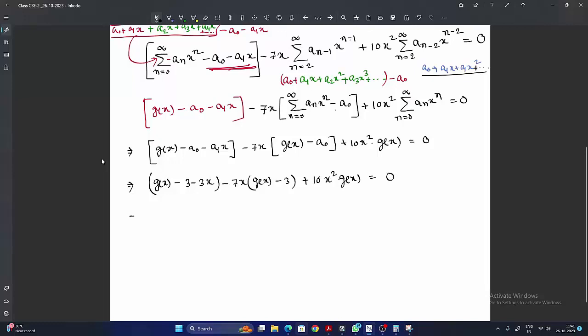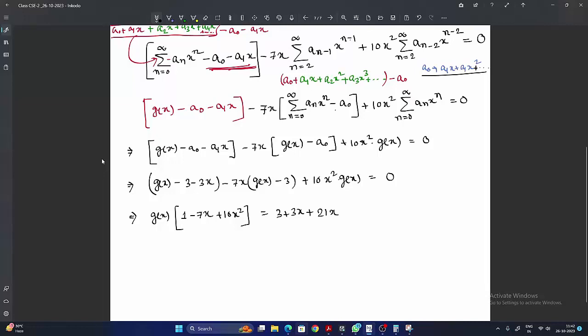Now take the gx terms together and you will get g of x into 1, minus 7 of x, and 10 of x squared, and take the other terms to the right hand side. Other terms means here minus 3 will be 3, minus 3x will be plus 3x, and here it will be minus minus plus